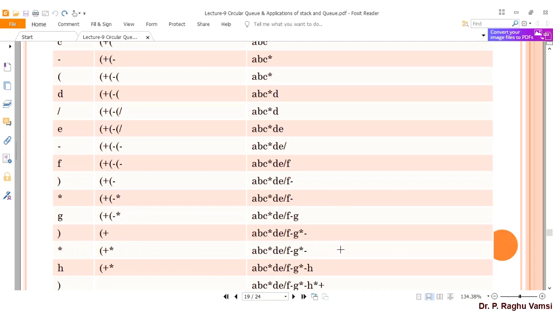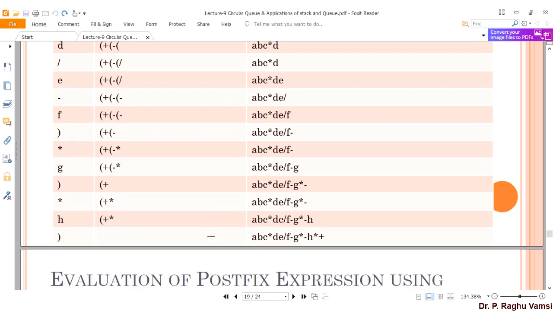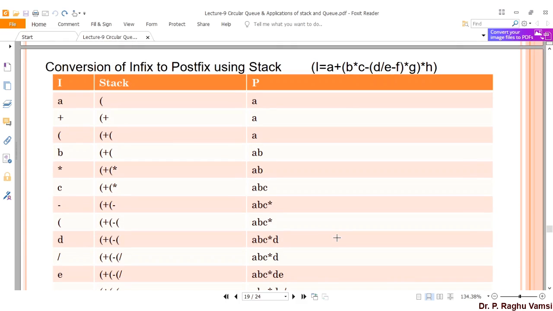Next pop, minus is added to the postfix expression. Next h. Whenever h is the operand, it is directly added to the postfix expression. Then bracket close comes or end of the string is reached. Then the operators which are available in this stack will be popped out and added to the postfix expression. So this is the way the infix to postfix conversion will happen.